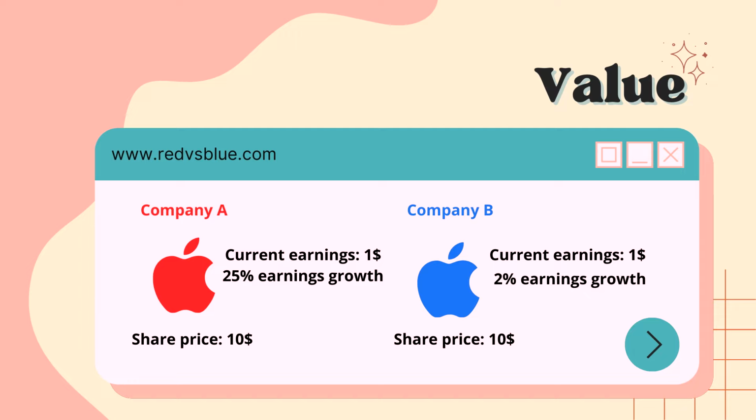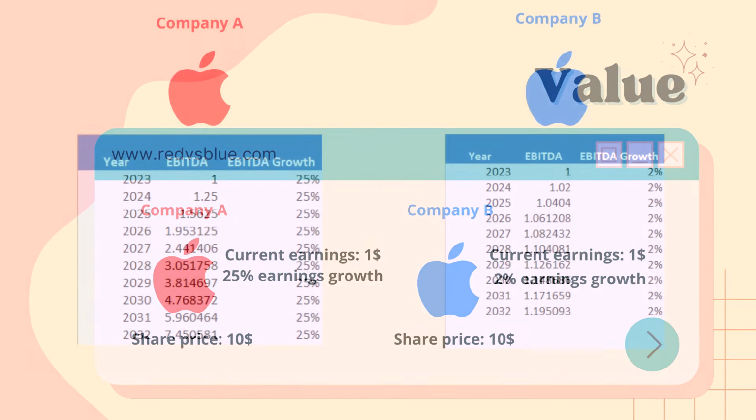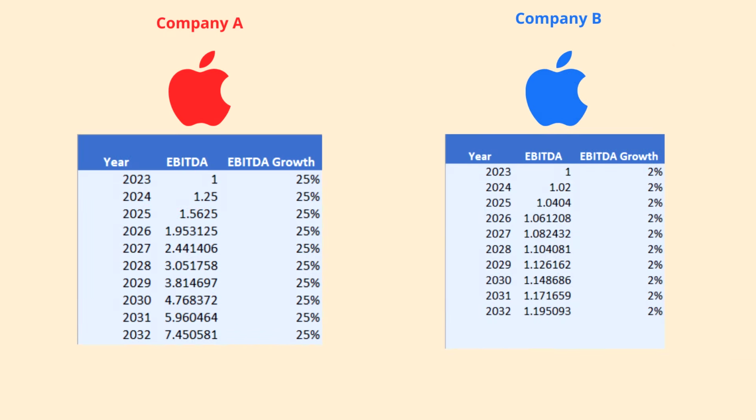Of course, this question is a no-brainer. Obviously, you would invest in Company A because the moment that you actually project their earnings growth for the next 10 years, you realize that in 10 years, Company A will make $7 per share while Company B will only make $1.20. It's a no-brainer to invest in Company A as opposed to Company B if the prices are the same. But obviously, this isn't always the case.